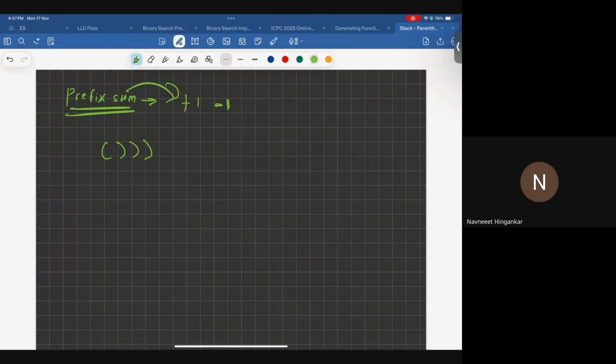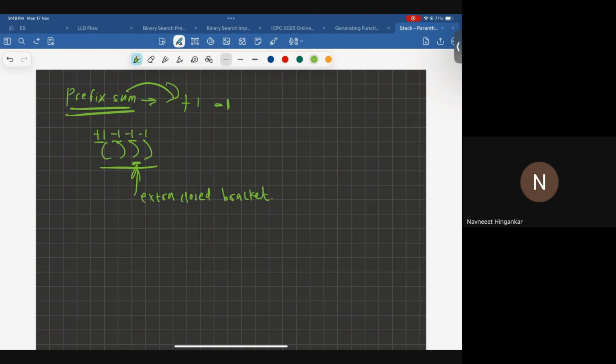So instead of counting in the prefix, I could just use prefix sum: plus one, minus one, minus one, minus one. And the moment I get minus one extra here, like plus one, minus one, zero, and then minus one, I know that I have an extra closed bracket. This extra closed bracket